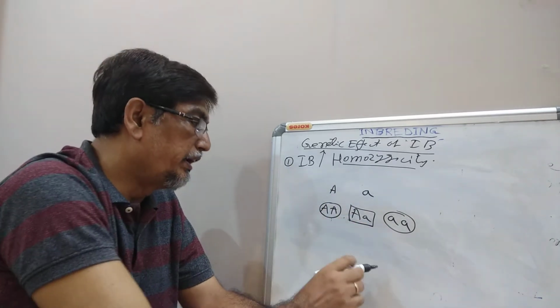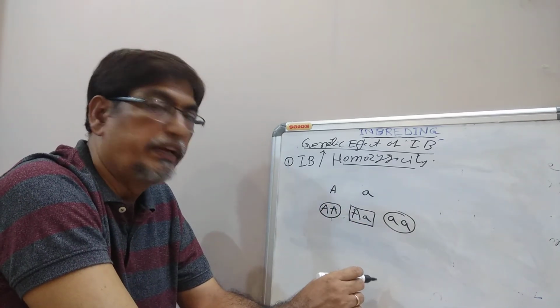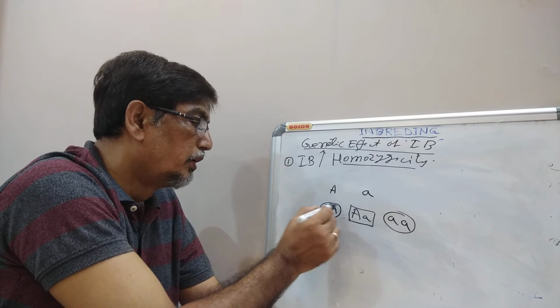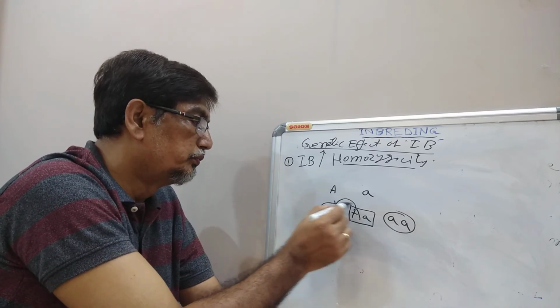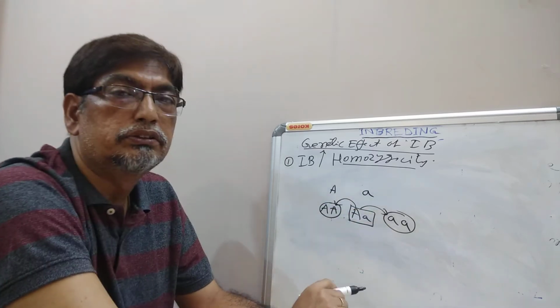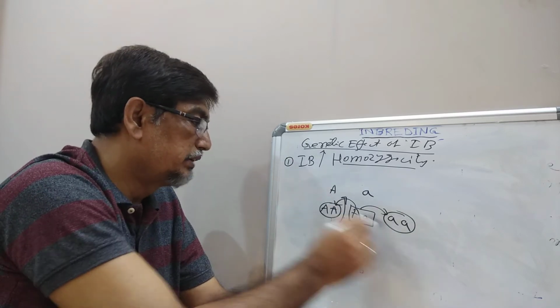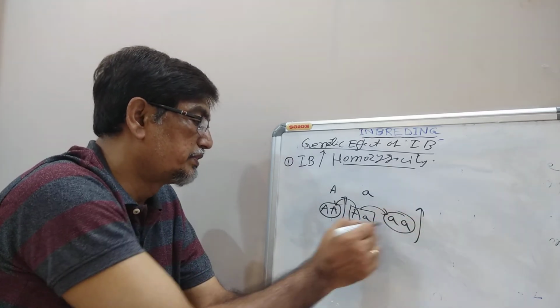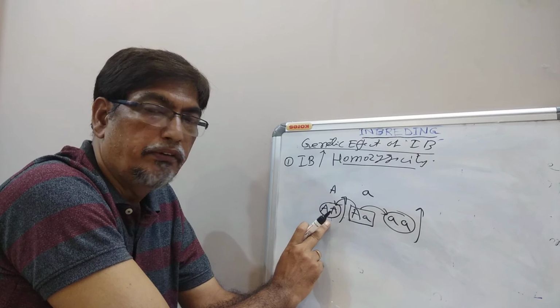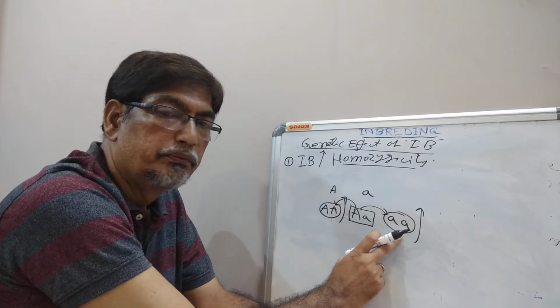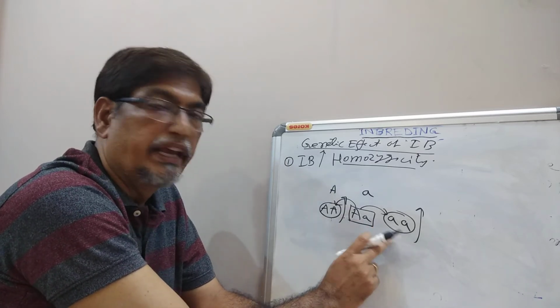So due to inbreeding, there will be an increase from heterozygous to homozygous. So inbreeding increases both the genotypes, capital A and small a, at the expense of